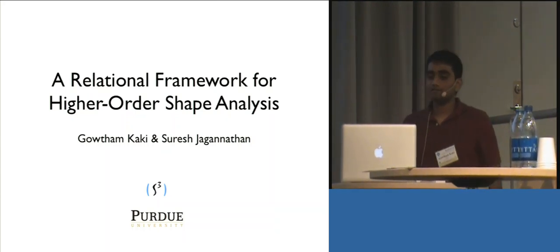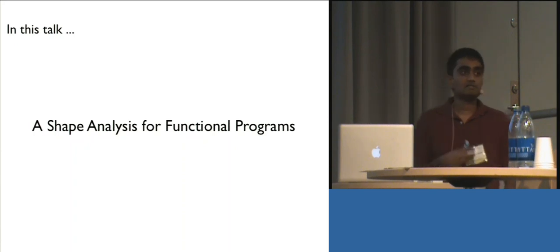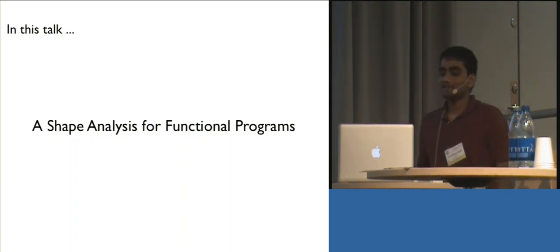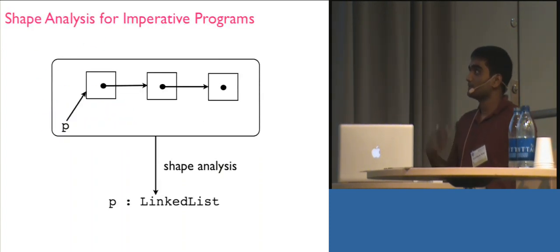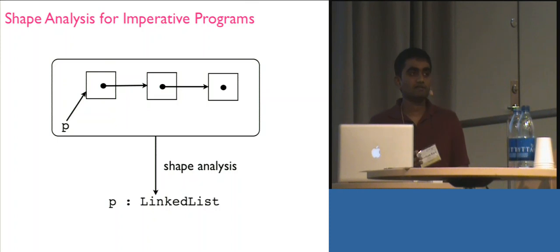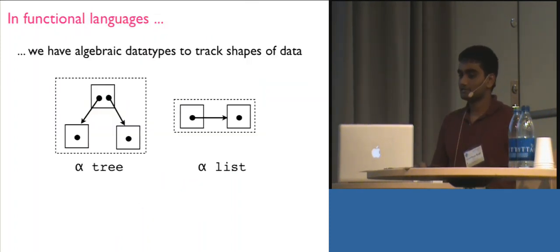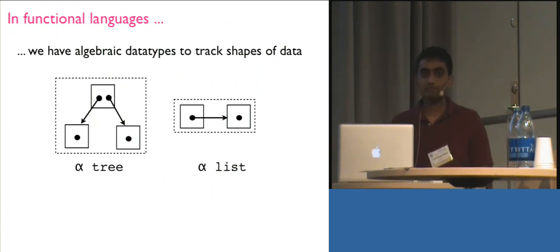Yeah, hi. So I'm going to talk about shape analysis for functional programs today. I'm going to talk about orders in trees just as Connor did, but in a very different sense. Traditionally, shape analysis in an imperative setting is primarily concerned with either discovering or verifying the shape of a pointer into memory. In functional languages, we have type systems with algebraic data types that let us imagine the shape of data to